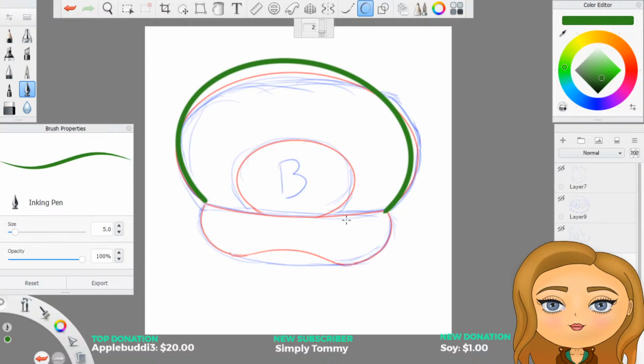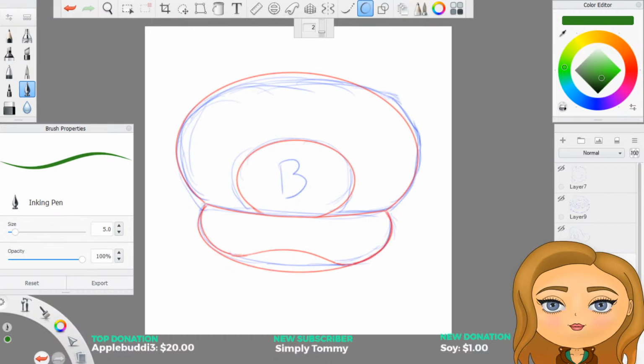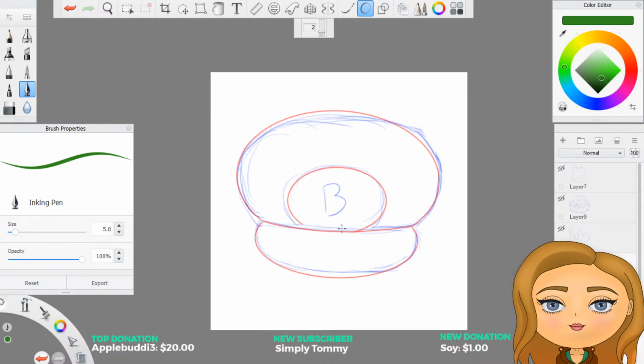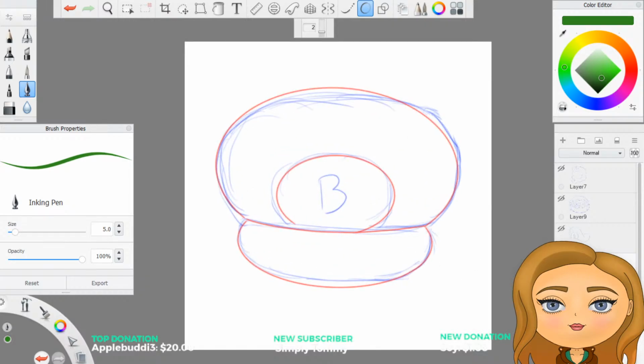It's just going from my messy chicken scratch nonsense to something a little bit more, I don't know what the word is, palatable is the word I'd use. I prefer the rounded brim on this one, personally. Although it does give it more shape to do it this way.